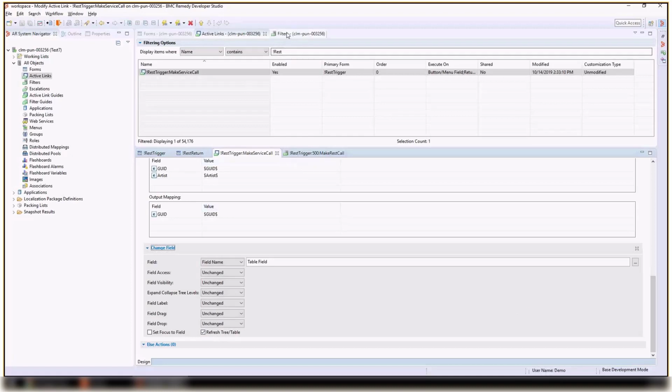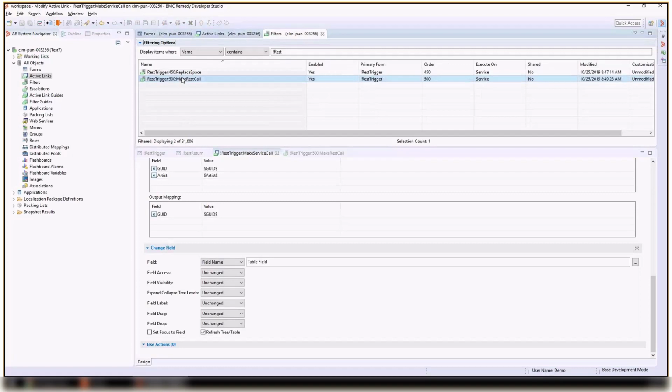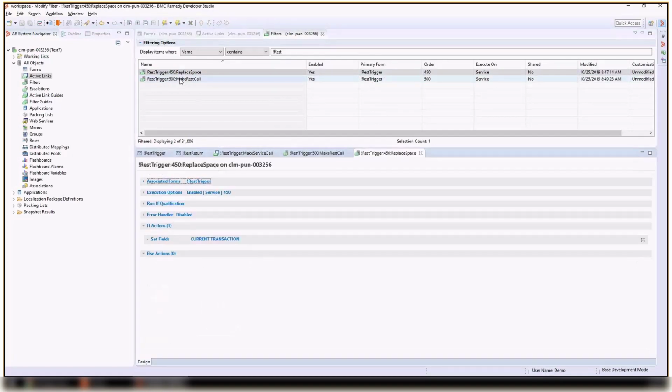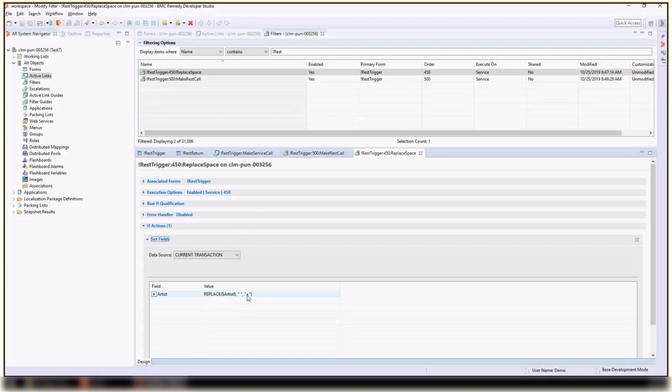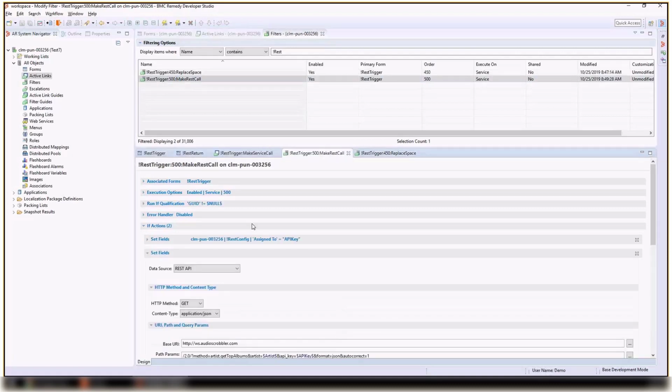Okay, on the filters, I've got two filters. So I'll explain this in just one moment, but I've got one filter that fires execution order 450 called replace space. Okay, that filter literally replaces space with a plus character. Okay, and I'll explain why it's doing that here in a moment. But I do a replace of space with a plus,